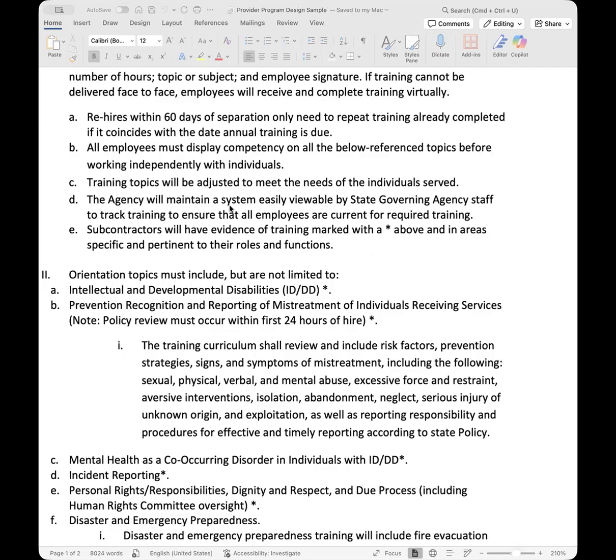A lot of the agencies still opt to do it in a folder, just like an employee folder, and they just file it in the file cabinet. It's just the easiest way to hand the employee's folder to the state and have them look at it. Typically, when the regional center comes out, they will only ask for two, three, four, five employee files. They're not asking to see all of your files.